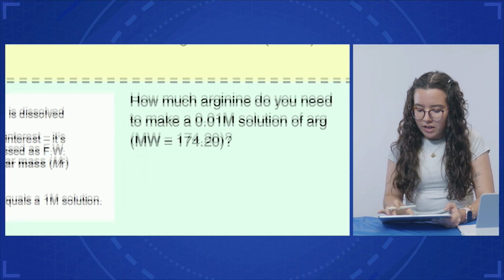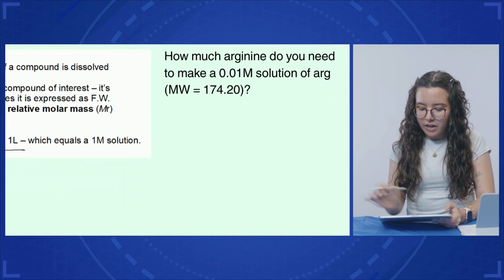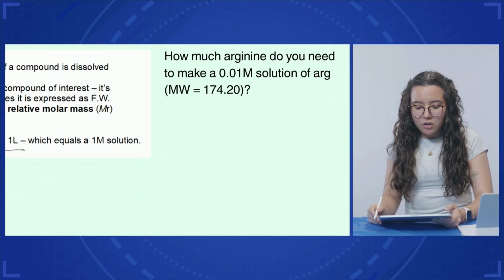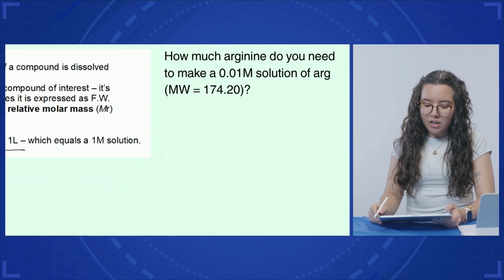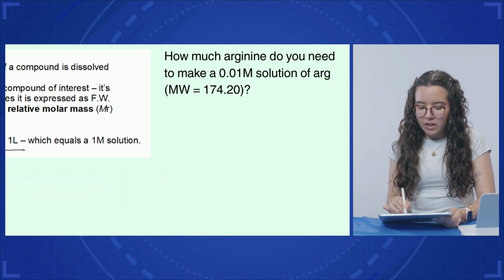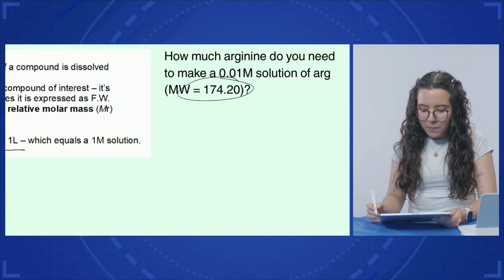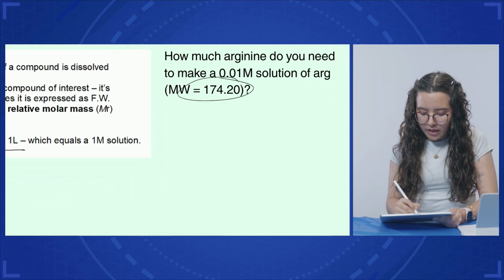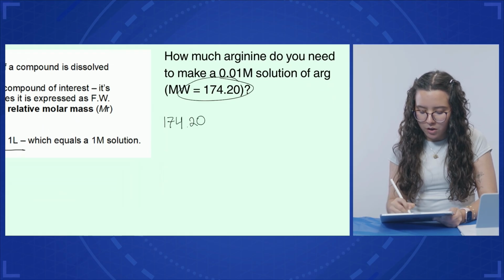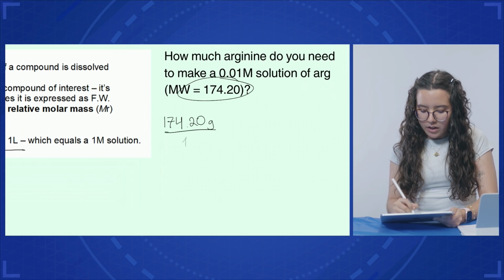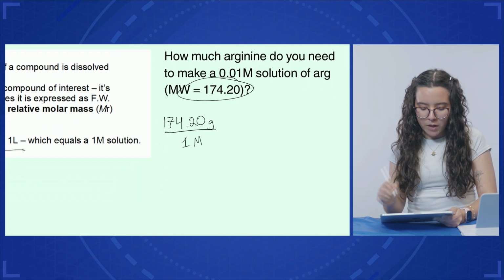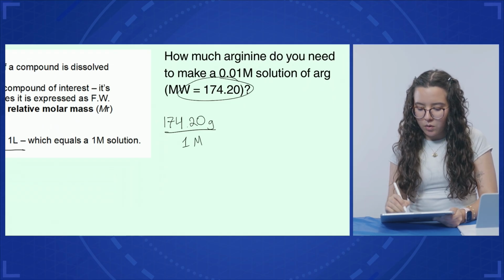So here to the side, we have another example to get us started. How much arginine do you need to make a 0.1 molar or 0.01 molar solution of arginine? And then here it gives us its molecular weight. So for this, you can just write down the information we know. The molecular weight, so we know that it's 174.20 grams of it in 1 molar of the solution. So what we want is